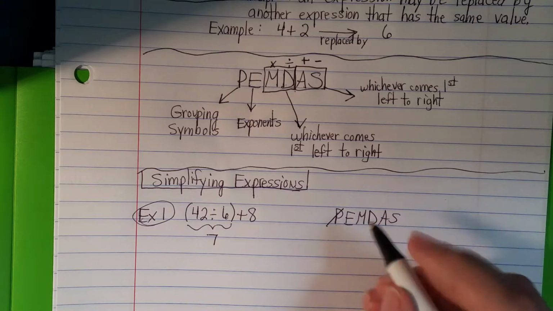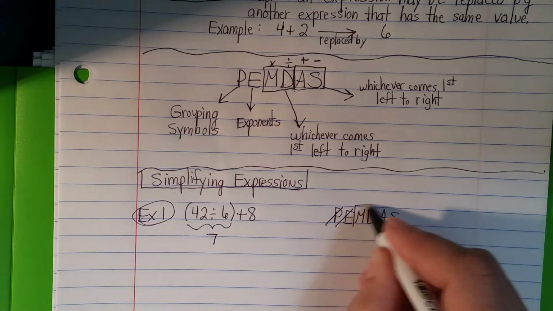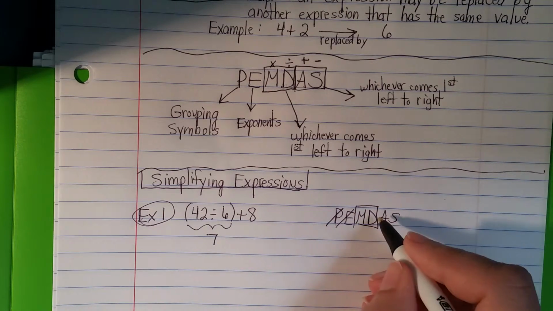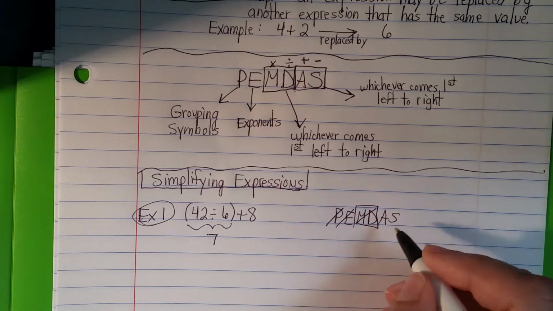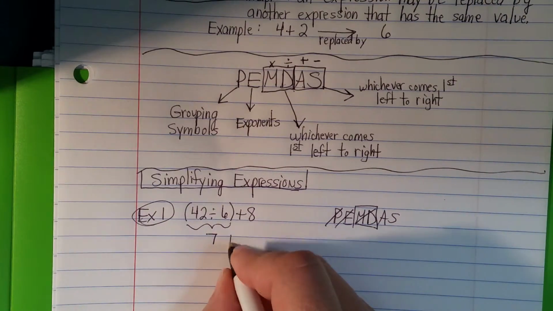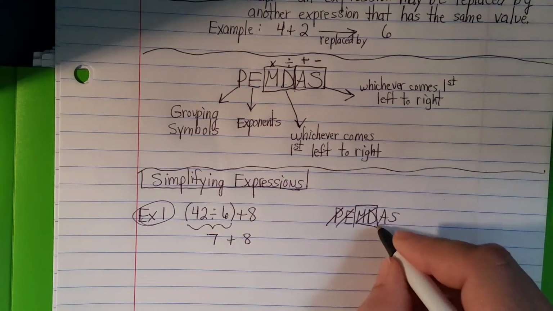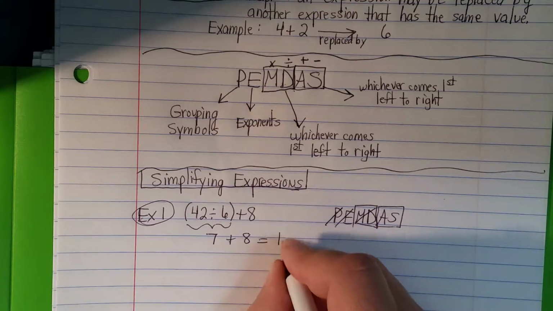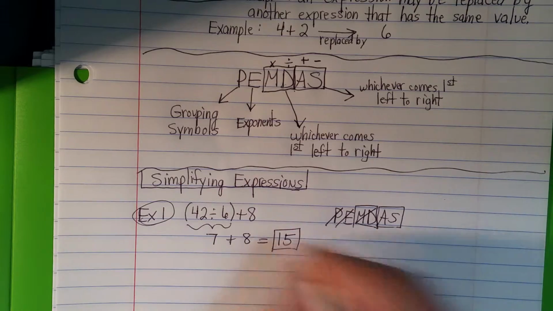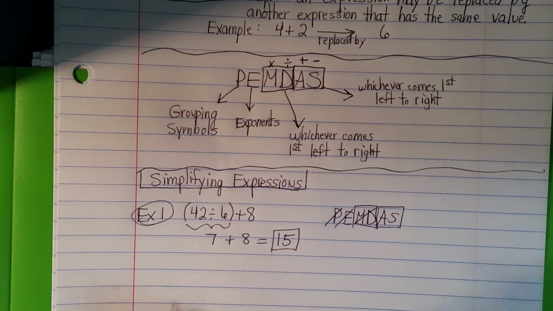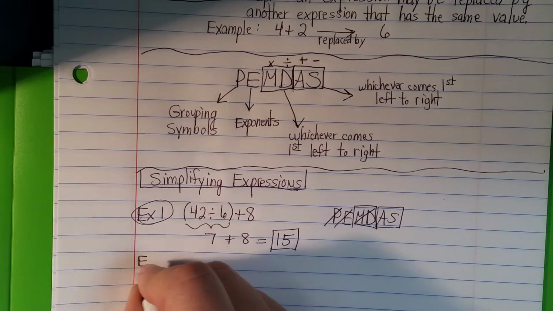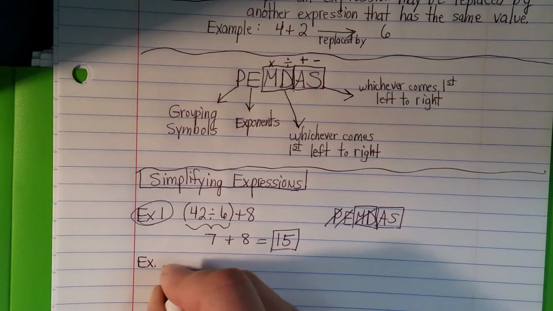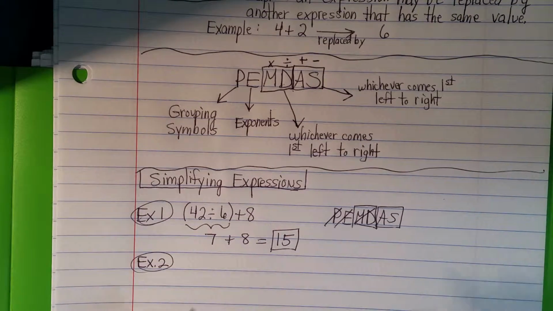There's no exponents. Multiplication, division, I don't have to worry about that at this point. And really all I have is addition left, so I can just be finished right there. All right, that one's pretty easy. Example 2,